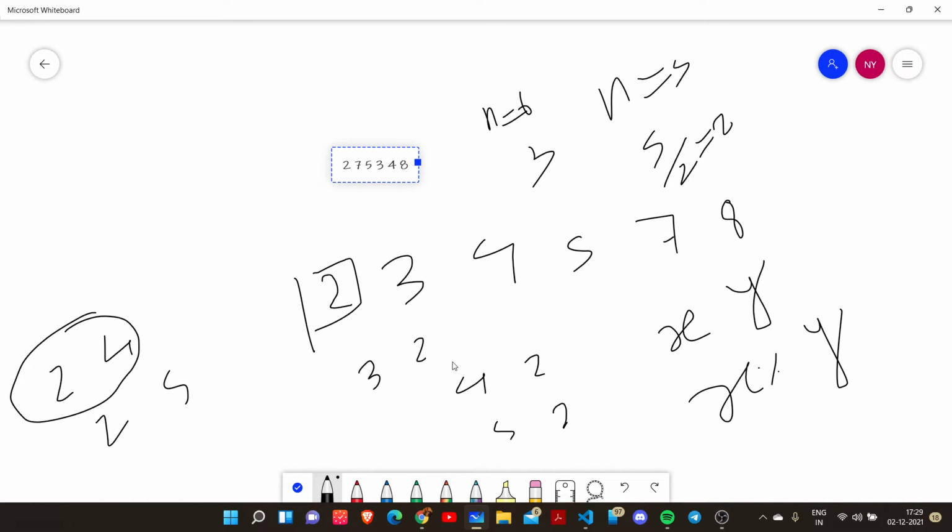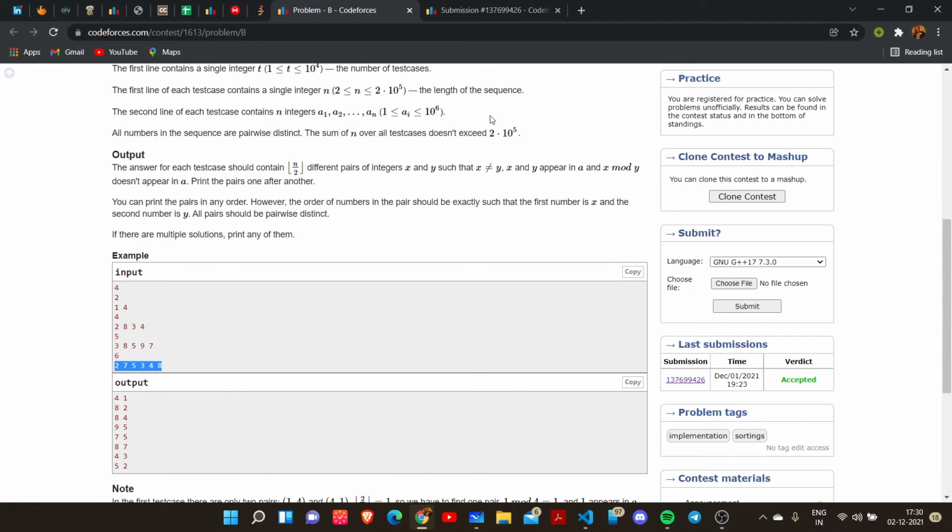Okay. So here we will always get n by 2 pairs like this, because one pair, two pairs, three pairs, four pairs, five pairs, total five pairs we are getting here, and at least we will always get n by 2 pairs, because all the numbers are pairwise distinct. So it will never be possible that all numbers are equal to 2 and you do not get n by 2 pairs. So you don't have to think about that. So let's look at the code. You will understand better. I will show you what I have done exactly.